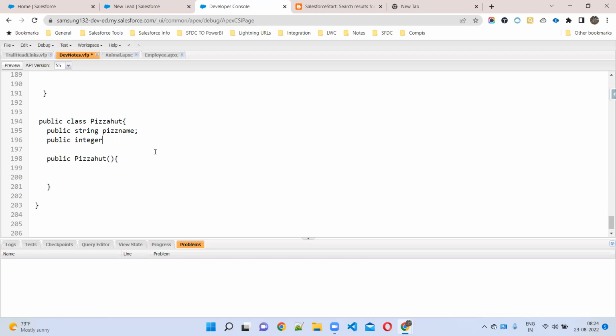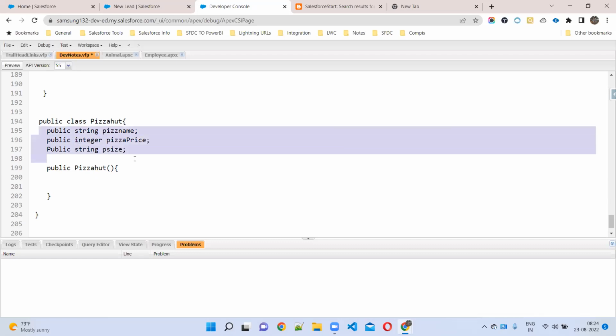Pizza price. Public string pizza size. String size is not right, you can take string pizza size. For example, three variables, right, sir?